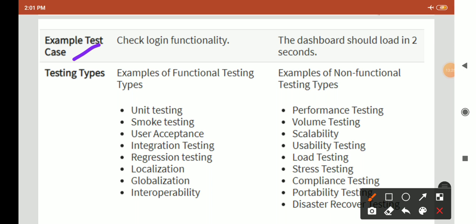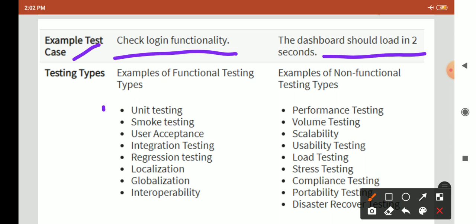Example test case: checking the login functionality is an example of functional testing. And in non-functional, the dashboard should load in 2 seconds. So here we are giving some condition: after login, the dashboard should load in 2 seconds.